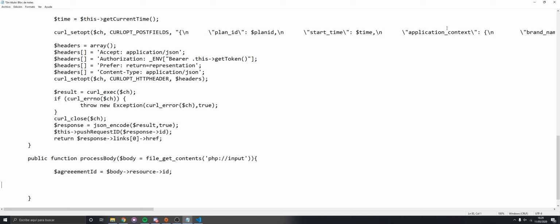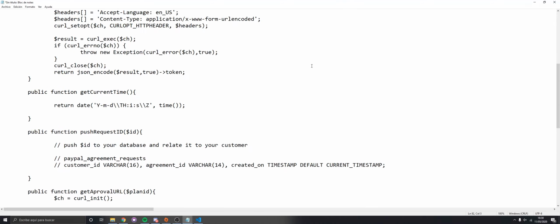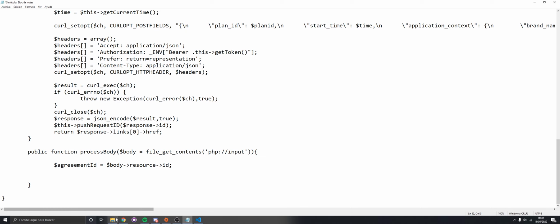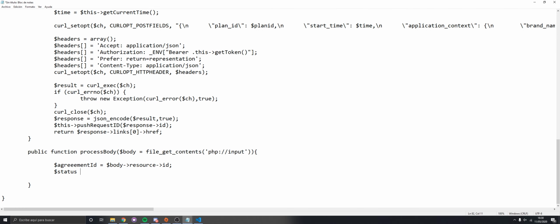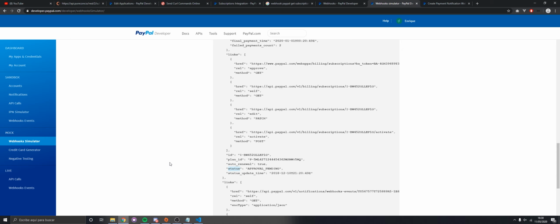So this will return the agreement, and then we can check the status: body resource status. So if the status